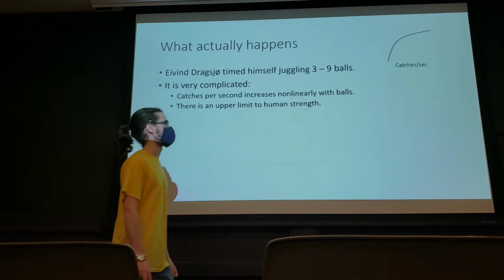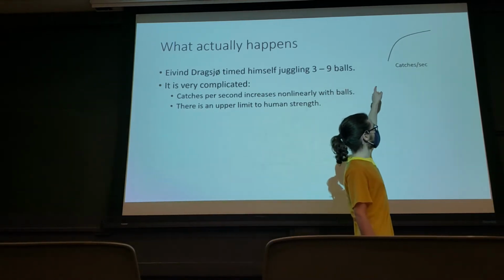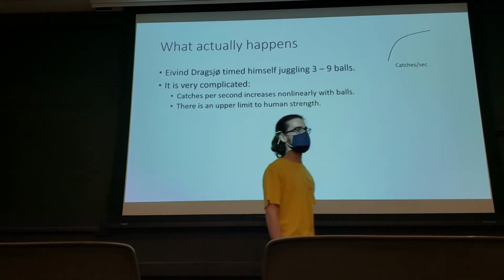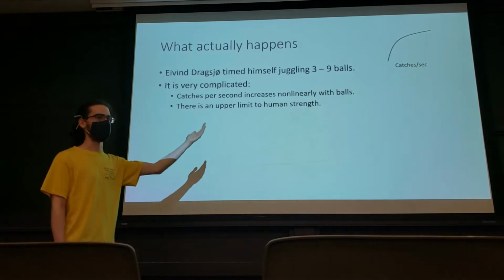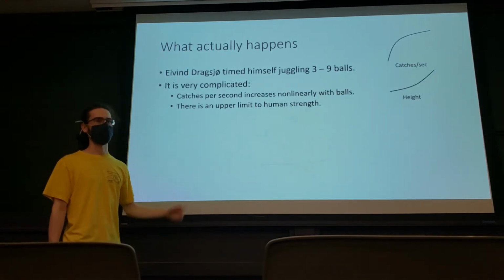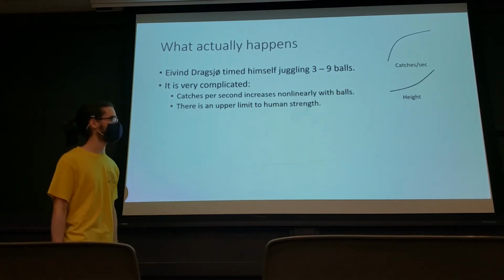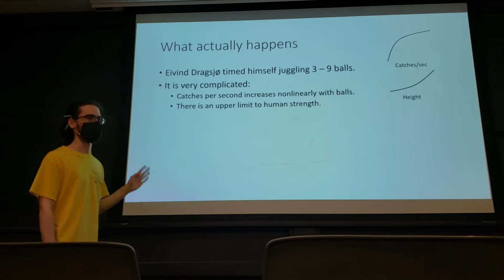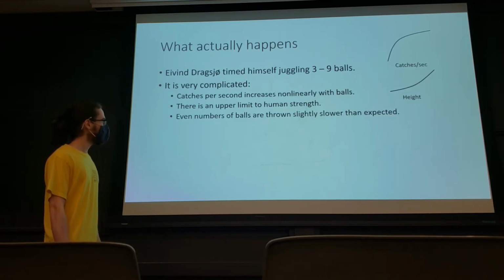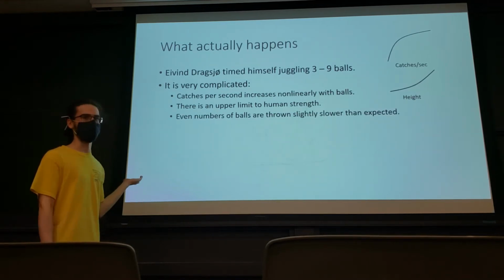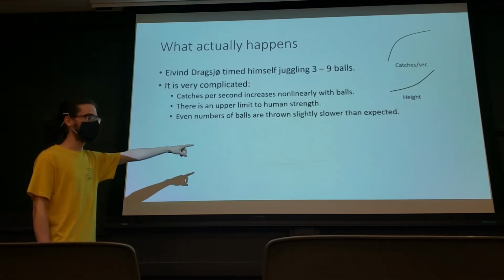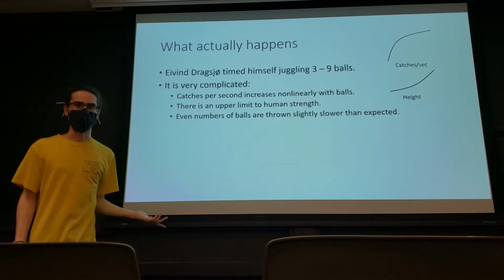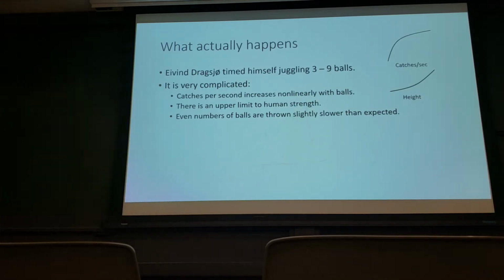And so the graph of catches per second, as you increase the number of balls, looks something like this. And you can calculate out using Shannon's theorem what that should mean for the height of your throws, and it looks like this. It increases at an increasing rate, but it's not exactly a quadratic function, or even approximately a quadratic function. Also, there are some weird things that happen. Even numbers of balls end up being thrown slightly slower than expected,